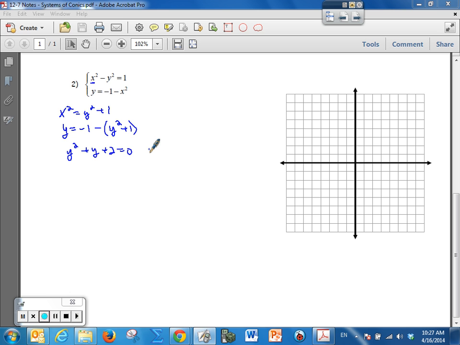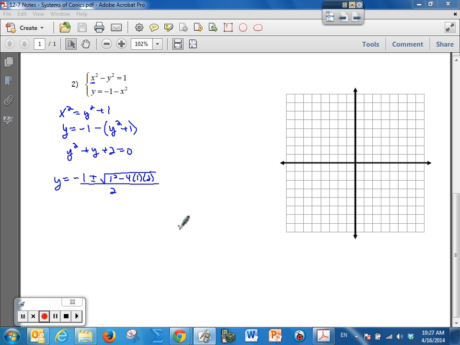Can't think of anything. Just 1 times 2 works, and that certainly doesn't give us a 1, so we're going to have to resort to our old friend, the quadratic formula. So y equals -b plus or minus square root of b squared minus 4 times a times c